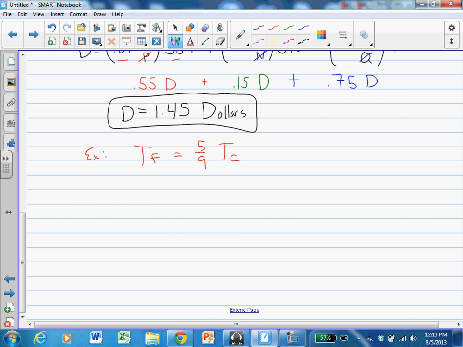But each of these terms need units. This 5/9 needs a unit and 32 needs a unit. What we want is to get Fahrenheit for each term. So therefore, it must be